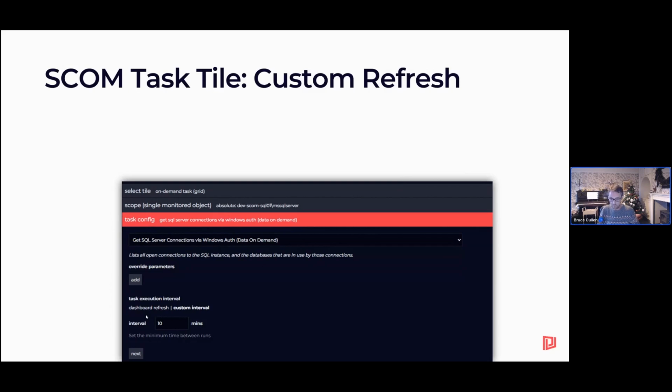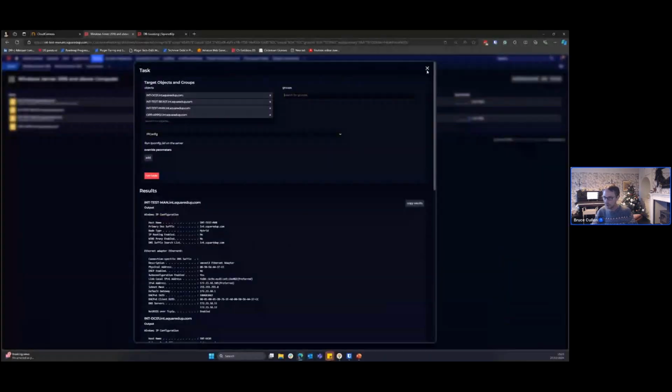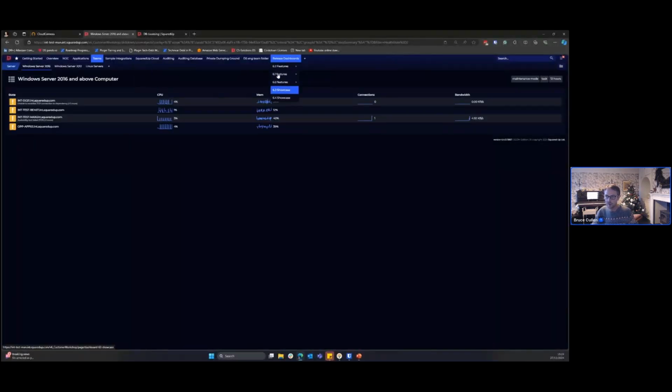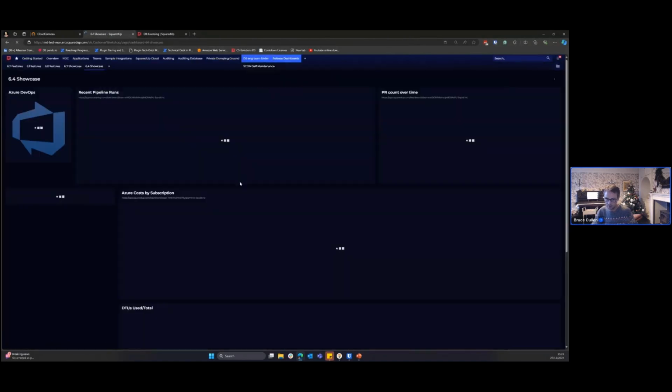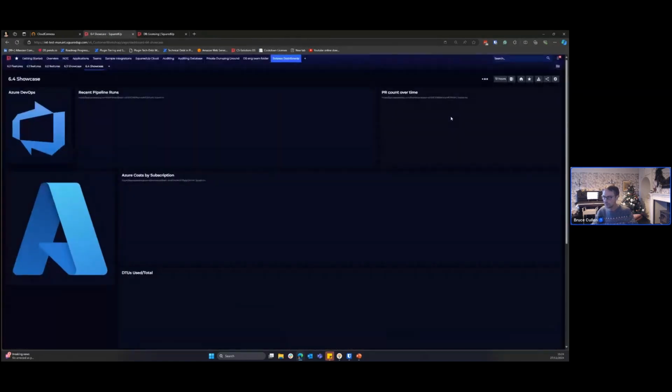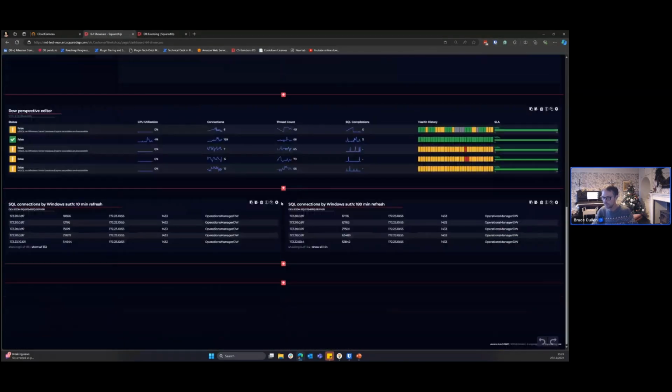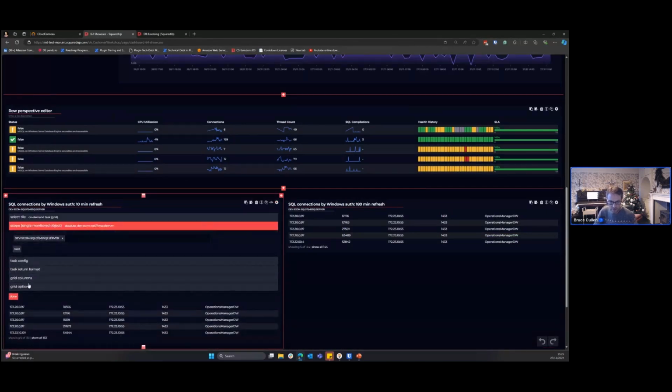Well, it's now possible to set a custom interval separate from the dashboard interval. And we're going to see that in action now. If I go back into Dashboard Server and go to my Showcase dashboard over here and scroll down, let's see and edit quickly first. So we have 2 SCOM task tiles already set up here. If I go into the edit for these and go through the options, you'll see this one is scoped to